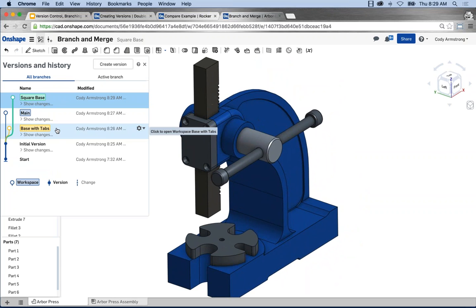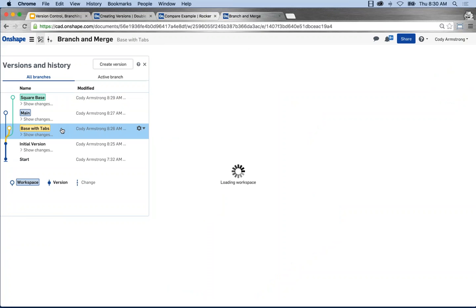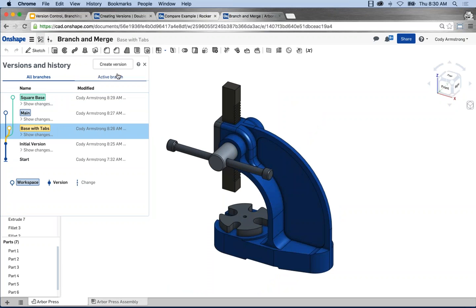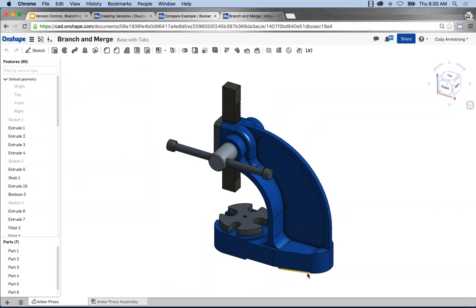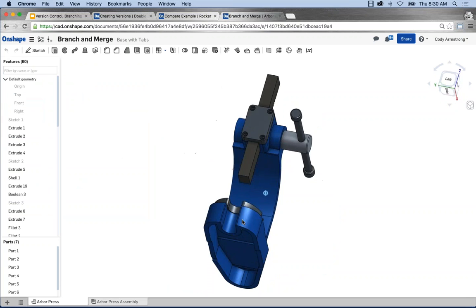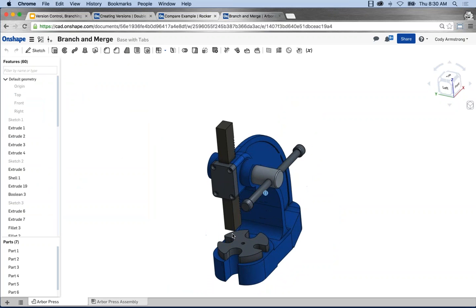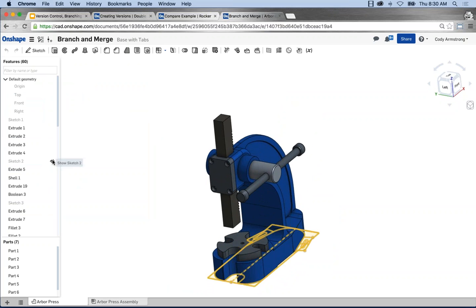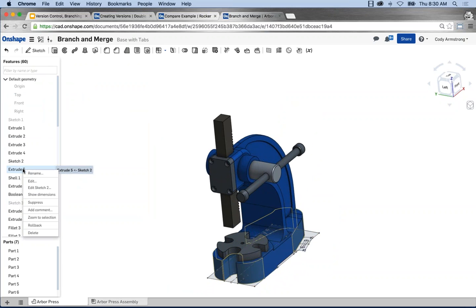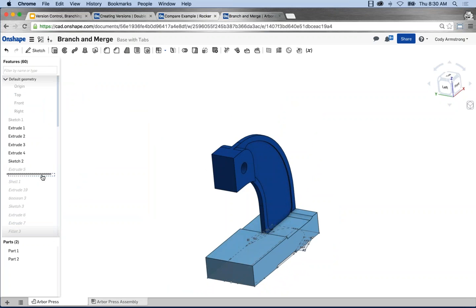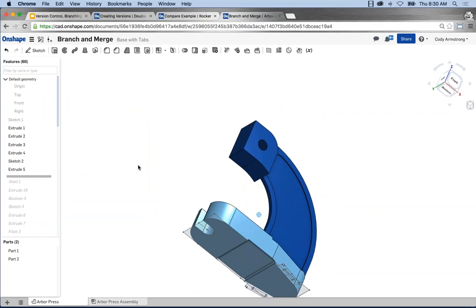But in this case, now I'd like to build the base with tabs. So I left click base with tabs. It loads. Again, you won't see any of the changes made in any other branches. So no fillets, no square base, all of that is independent. So now what I can do is let's go in and add another extrude. Okay, so let's roll back here. I'll roll back to just after my extrude feature,